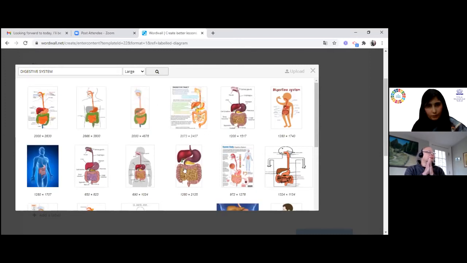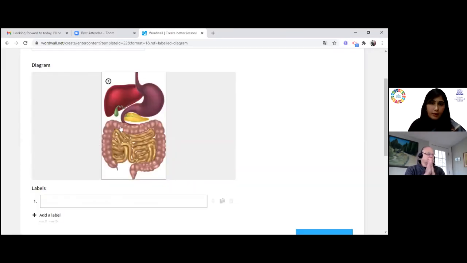I can take this picture. Now I want my student to label the diagram, selecting from the options which I will give. So the digestive system picture is here.